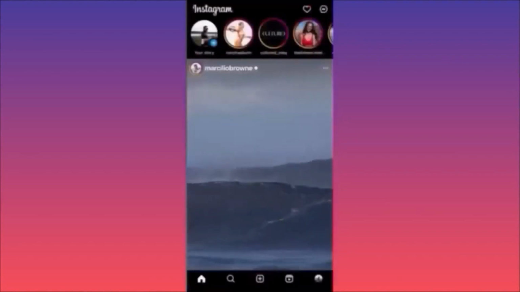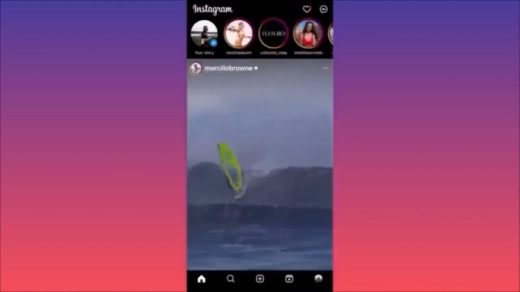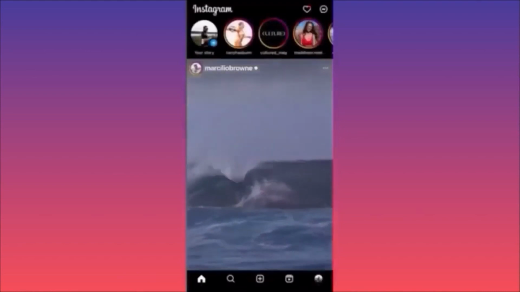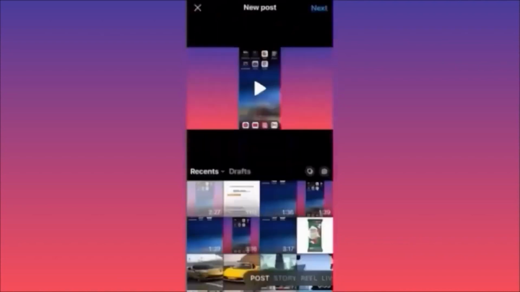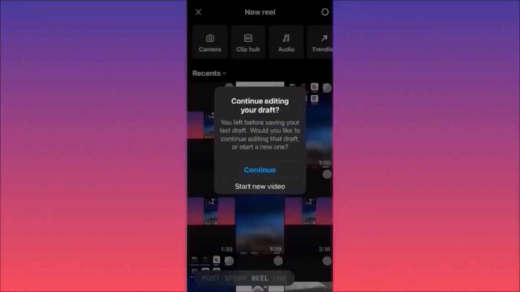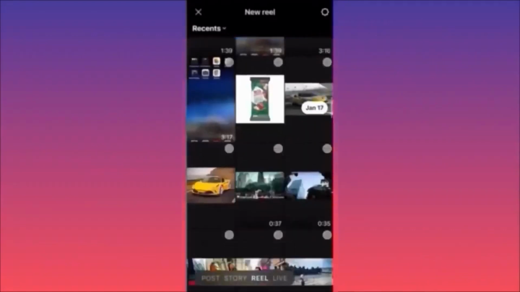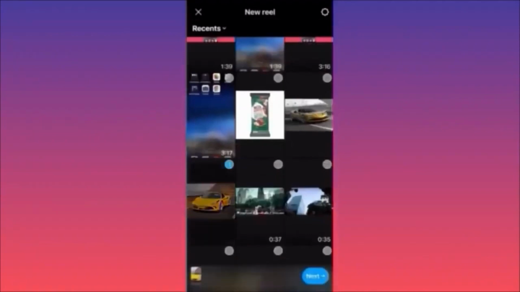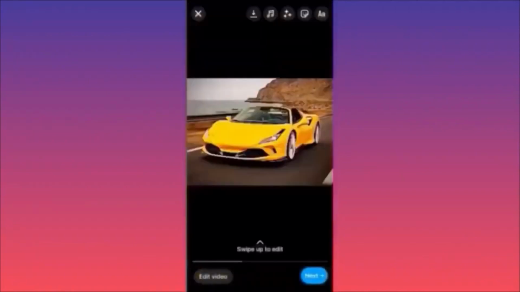Now guys, let's create a brand new post. Click on the lower center of the screen, hit the plus sign. Now let's try to slide on the side from post to reels. In this example over here, guys, I'm going to use this image and we're going to create reels out of it. Okay, so the first thing I want you to pay very close attention to is the upper